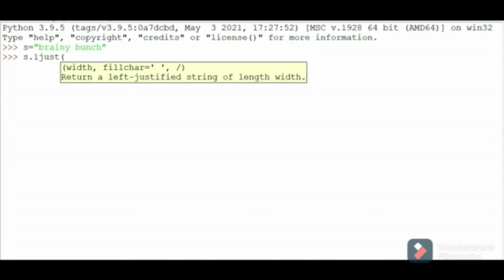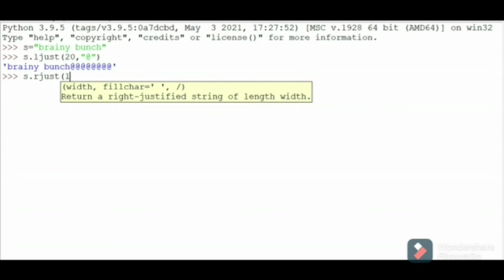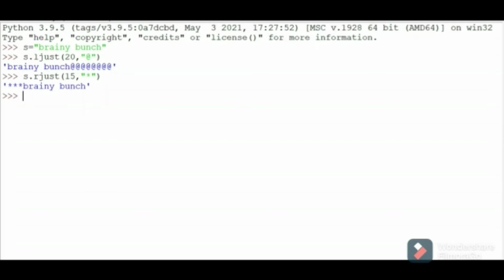Here I want to denote the minimum length of the string as 20 and the special character as at the rate. It displays 20 characters with the special character. rjust specifies from the right side. Let me take here 15 characters, a star as a character, and it represents from the left as Brainy Bunch.